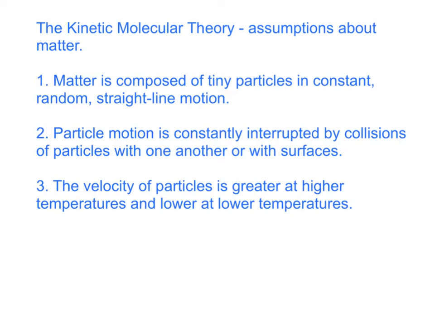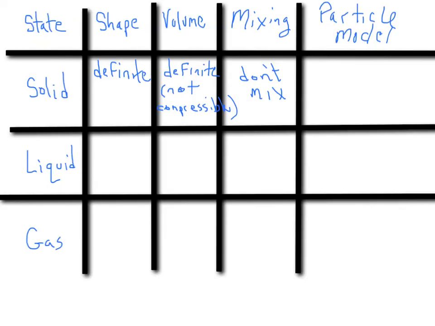Now let's take a look at the three states of matter and what comes out of this kinetic molecular theory and how we explain the different properties of matter states. So here we are looking at a chart of different properties of different states of matter. We're going to look at the shape, volume, the mixing, as in do they mix in well with each other when they move around, and also the particle model, what they look like on a molecular view of solid, liquid,